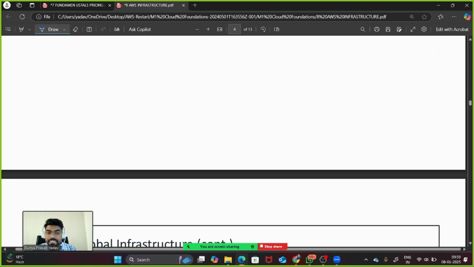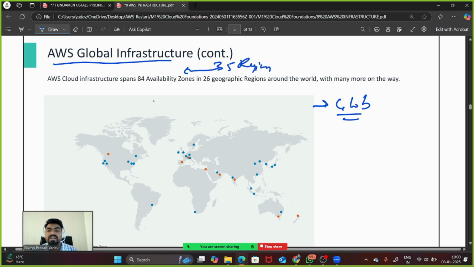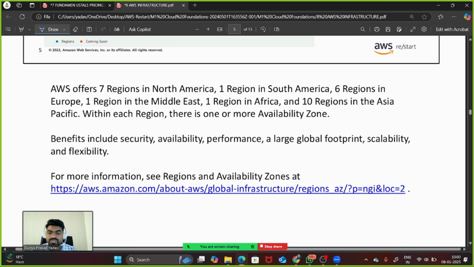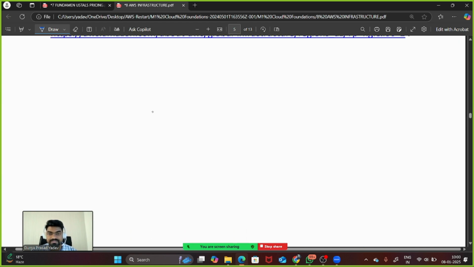This is the global infrastructure, this map is of the globe, and AWS has 35 regions now, and within those regions multiple availability zones are there. So how exactly it has been divided and how the data center is coming, let's start knowing one by one. So when we talk about AWS global infrastructure,